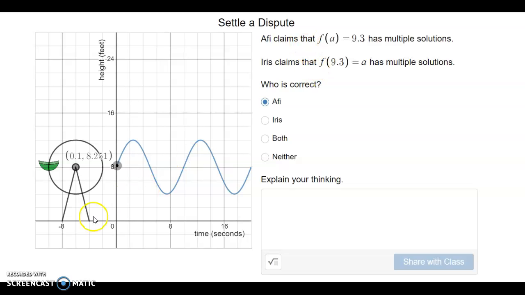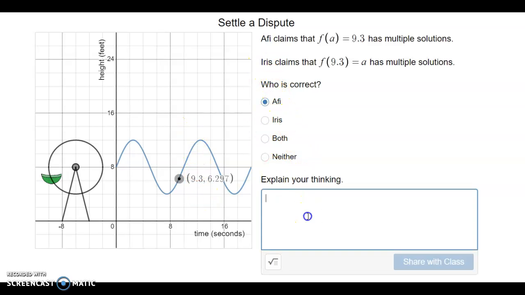So according to this graph right here on the x-axis, how many times can I have 9.3 seconds? Well, only once. Look, at 9.3 seconds, it can only be 6.297 height. I can't have multiple times at 9.3 seconds. It's not possible unless you can rewind time. And in this case, Iris can't. So Alfie is correct